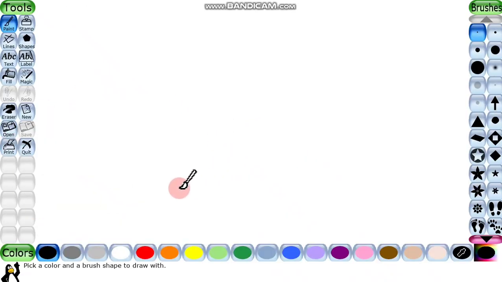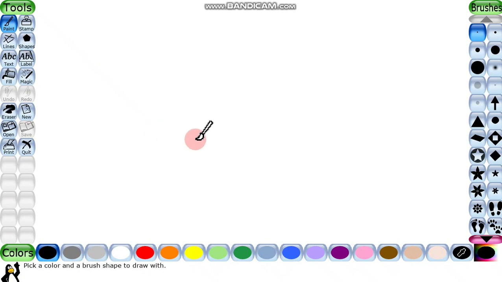So now let me explain what actually Tux Paint is. Tux Paint is an easy to use drawing program. It is basically for kids. It has various tools to draw and color pictures. You can insert ready-made shapes and images in your pictures and also add special effects to them. And you can listen to voice also. While I am doing the painting, you can listen to sound effects also.